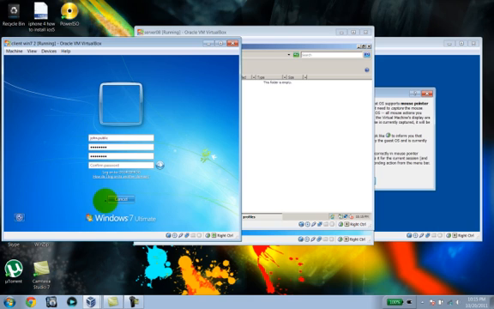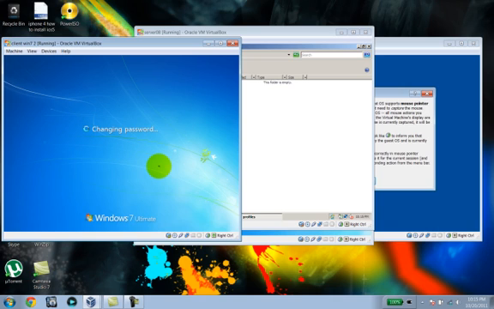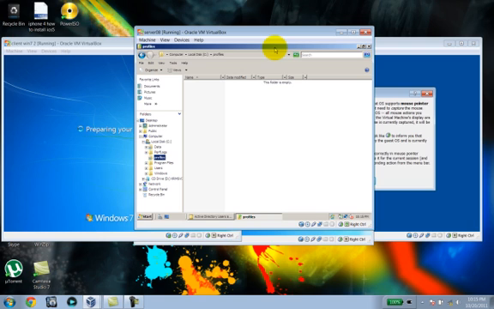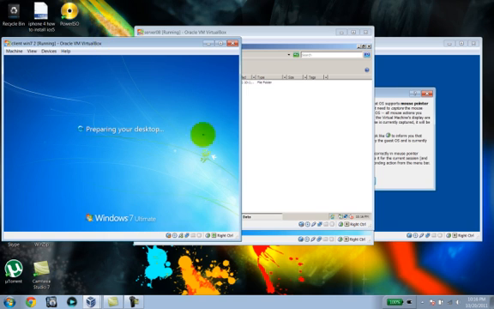And we supply a password that is totally different from the password that it had previously. We change the password. Once the password is changed, we proceed in. First time log on, so it will take a little while to prepare. So while we wait on that,